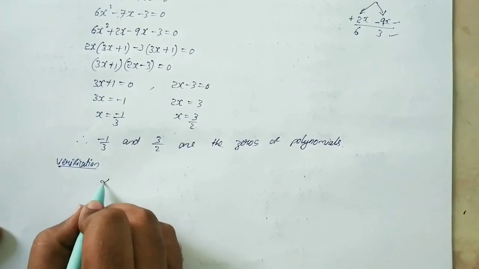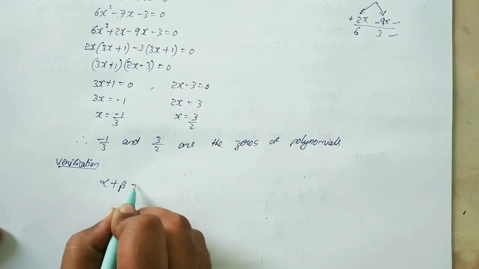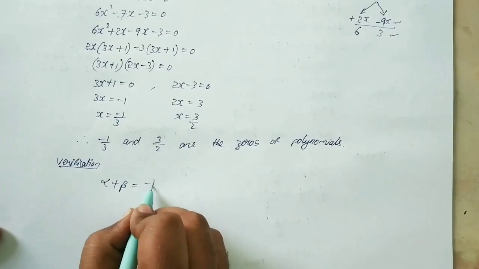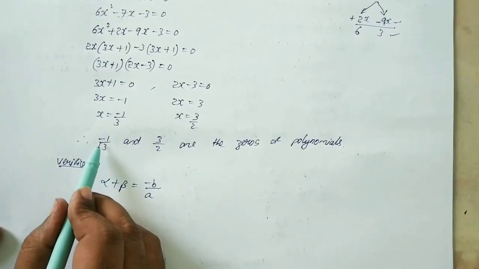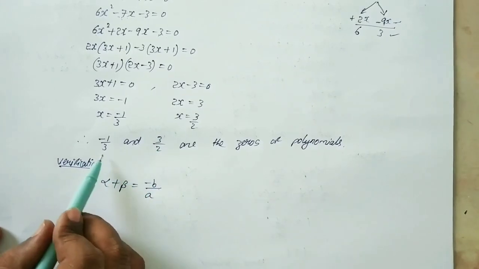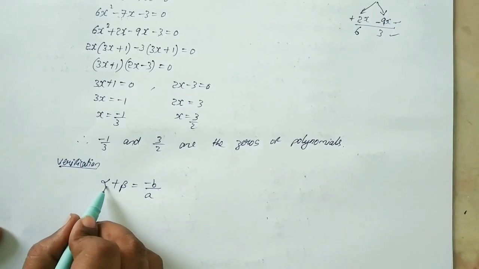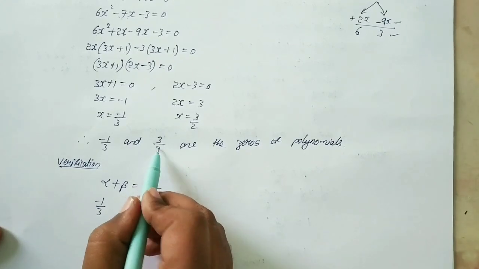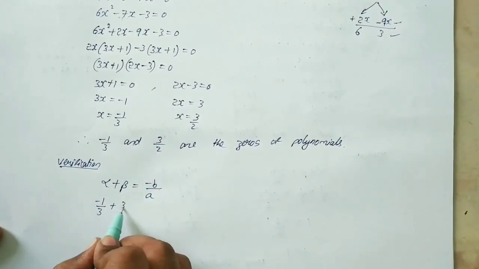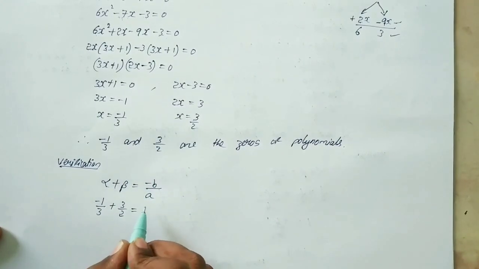So first we will verify the sum of zeros. Sum of zeros, what is the formula? Alpha plus beta is equal to minus b by a. So alpha and beta means zeros. What are the zeros we got? Minus 1 by 3 and 3 by 2. So I will take minus 1 by 3 as alpha, so in place of alpha I will substitute minus 1 by 3, and 3 by 2 as beta, so in place of beta I will substitute 3 by 2, is equal to